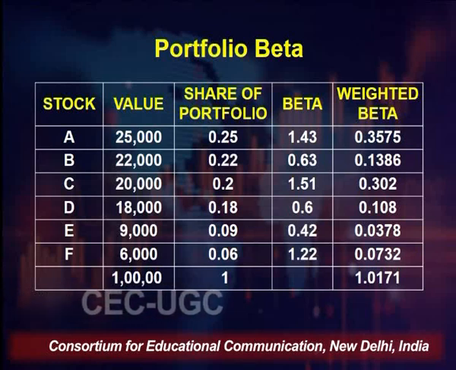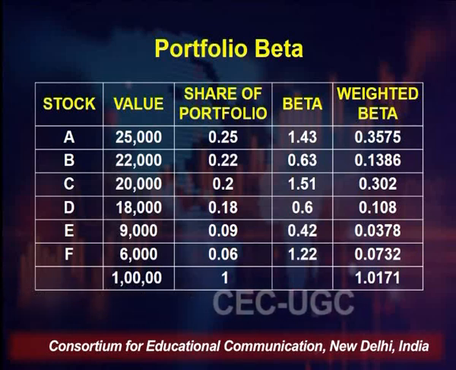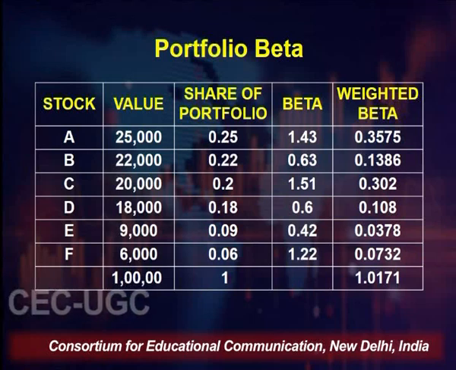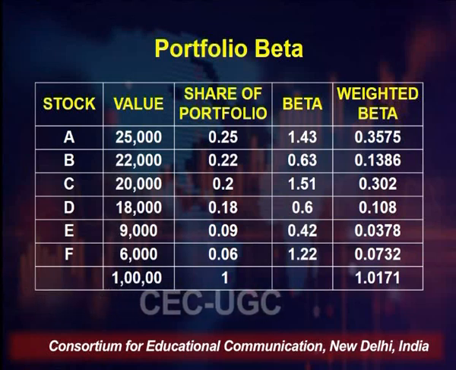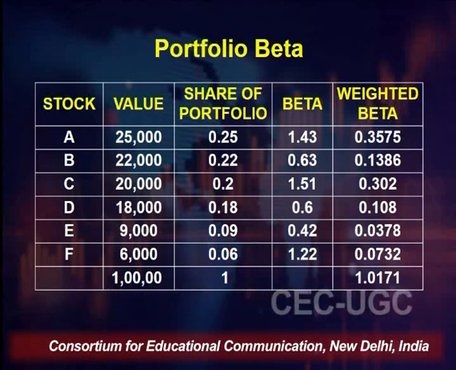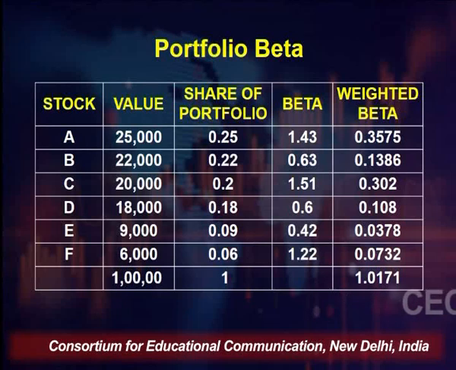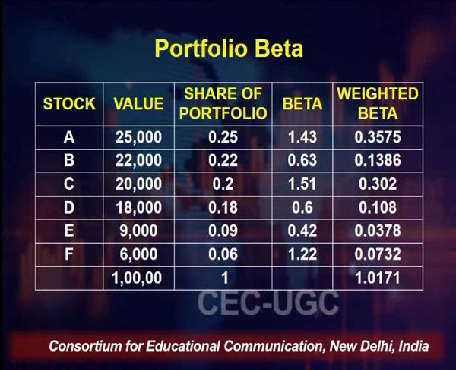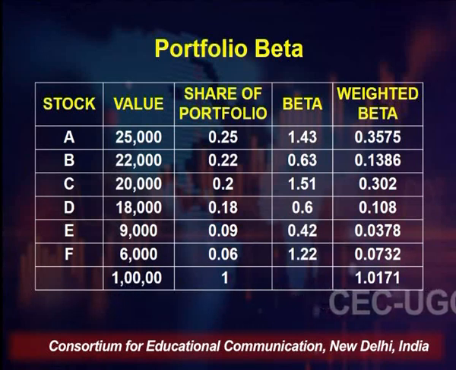Then we have beta. The beta represented by stock A is 1.43, for B it is 0.63 and so forth. So when we do the calculation, we try to find out the weighted beta. And how is the weighted beta calculated? Weighted beta is calculated by multiplying the weight of stock A with the beta of stock A and so on and so forth. So when we do the calculation, the net portfolio beta comes out to be